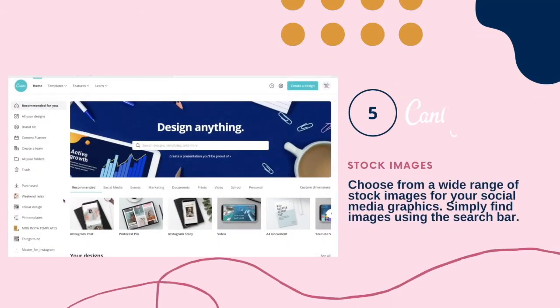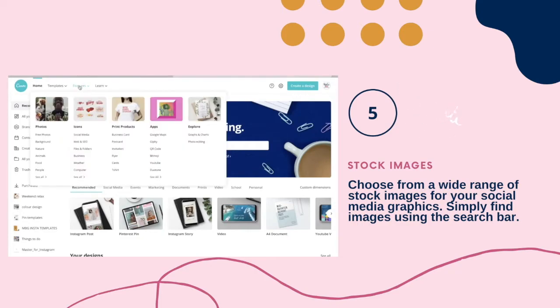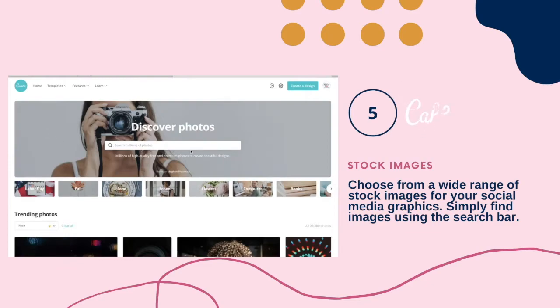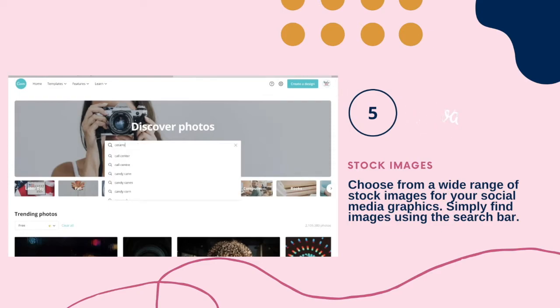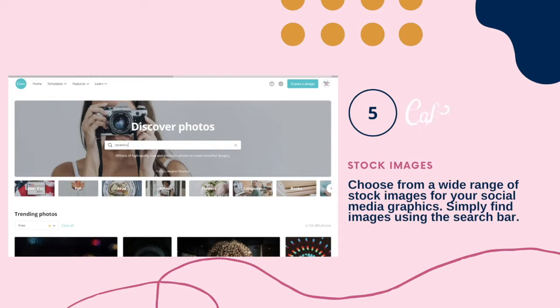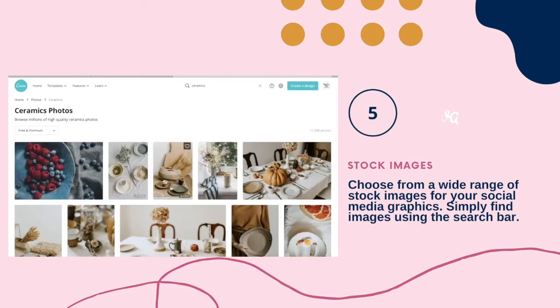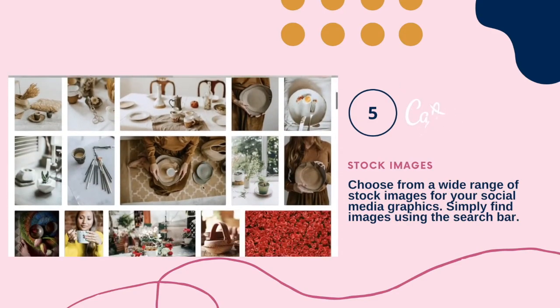And finally, the 5th reason for using Canva is the amazing range of stock images that they have that you can choose from. So when you just come onto your home page, if you just come up to the features tab and then come across to free photos, that will open up a search bar that you can then just type in what you're looking for. Let's say you create ceramics. We'll just type that in, and that's going to bring up all the images related to ceramics available to you